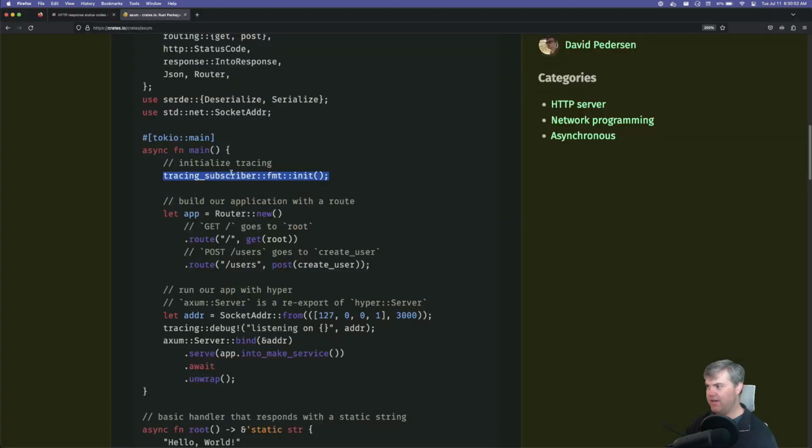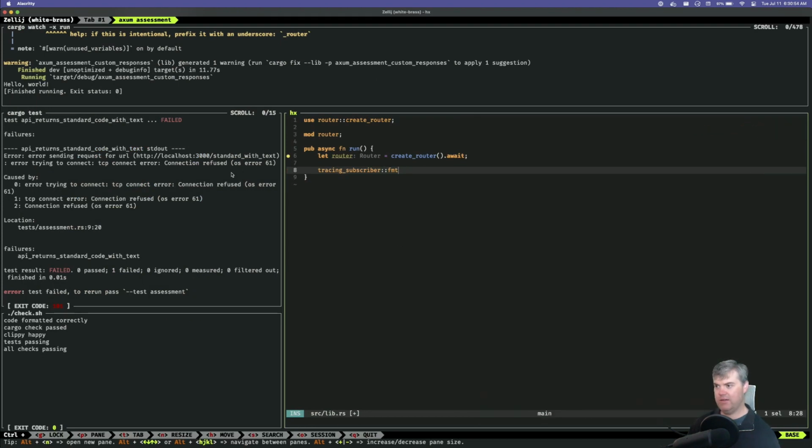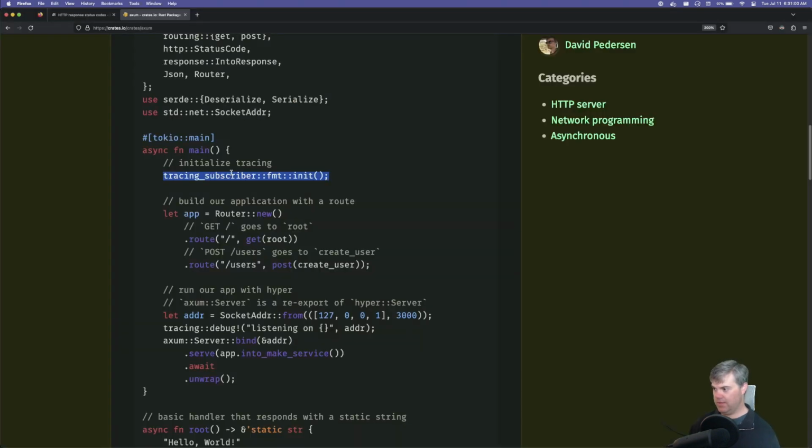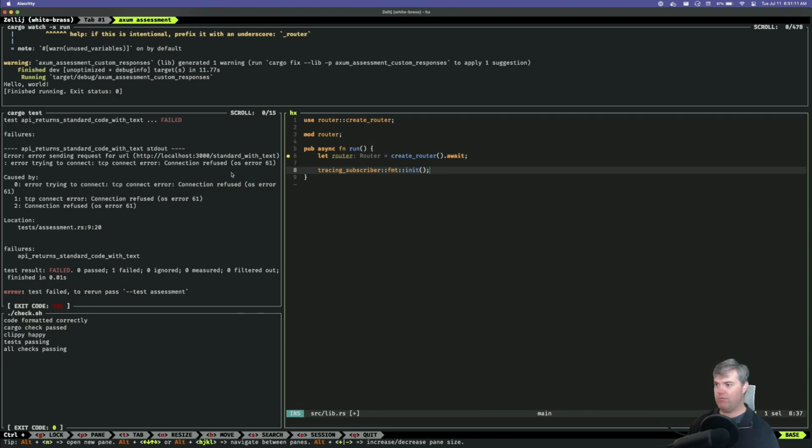It was FMT, yeah. Format init. And then that lets me do tracing debug to print out to the screen. Okay, I have my routers, that's good.